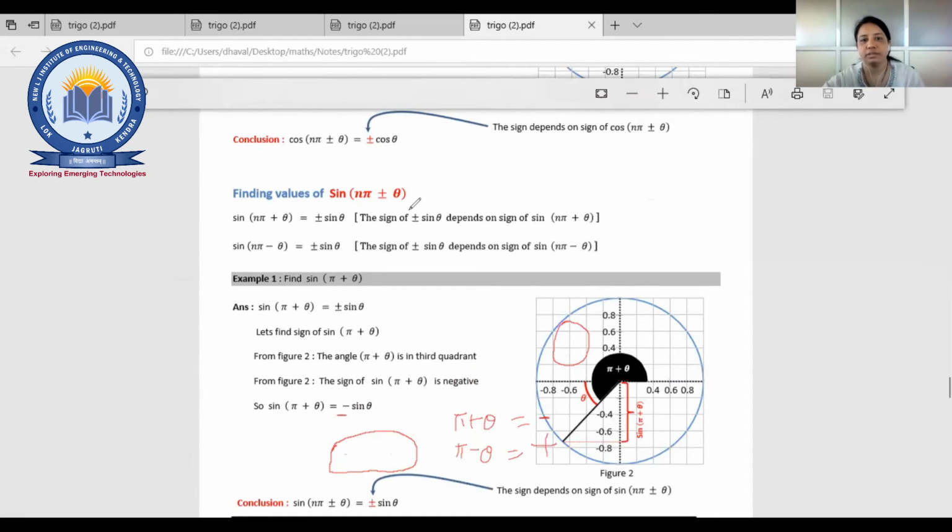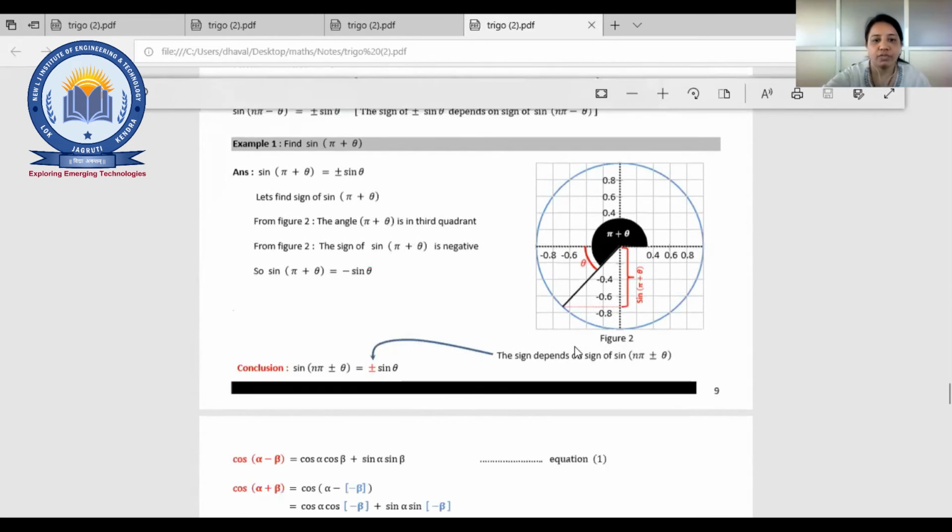Other students, is there any doubt? Okay, minus and plus. Fine. Okay. So this is all about what should be the value of sine and cos, and what should be the sign. Okay. Now